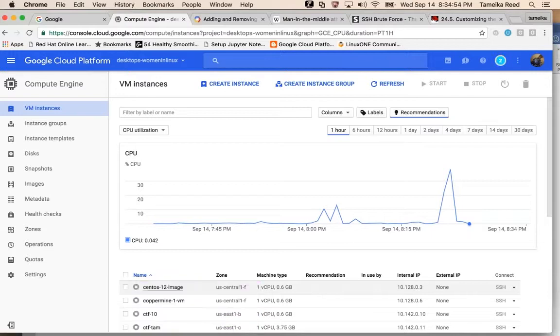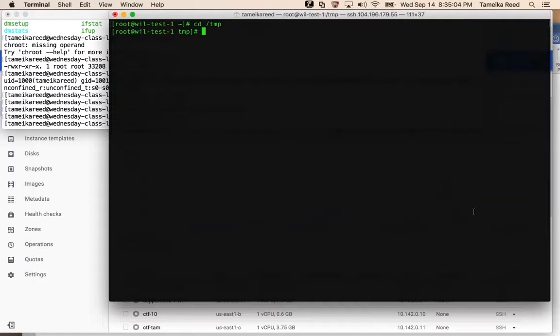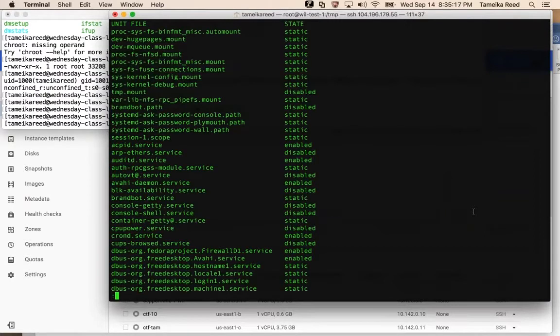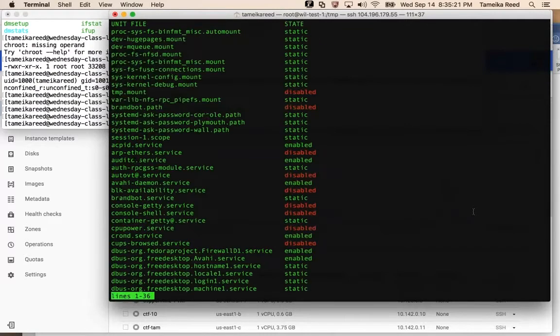RHEL 6 is based on service and chkconfig, versus in RHEL 7, everything is systemctl. So whenever you want to find out what's booting up by default on your box, you do systemctl list-unit-files. I'm going to pipe that over to less. All right. So without it, you'll see the color changes. But